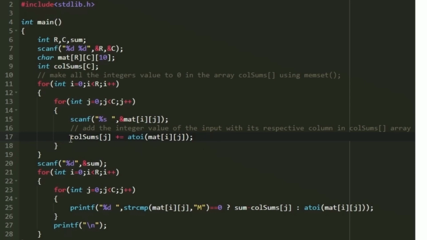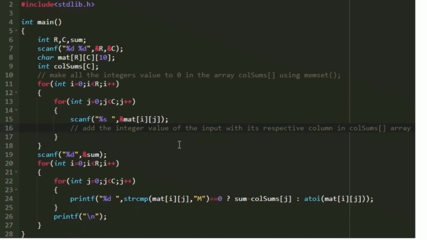Finally, after accepting all the R cross C integers, this array column sum will contain the sum of all the columns. At the 0th index, we will have the sum of all the integers in the 0th column, and at the first index, the sum of all the integers in the first column. This is how we will be calculating the sum.